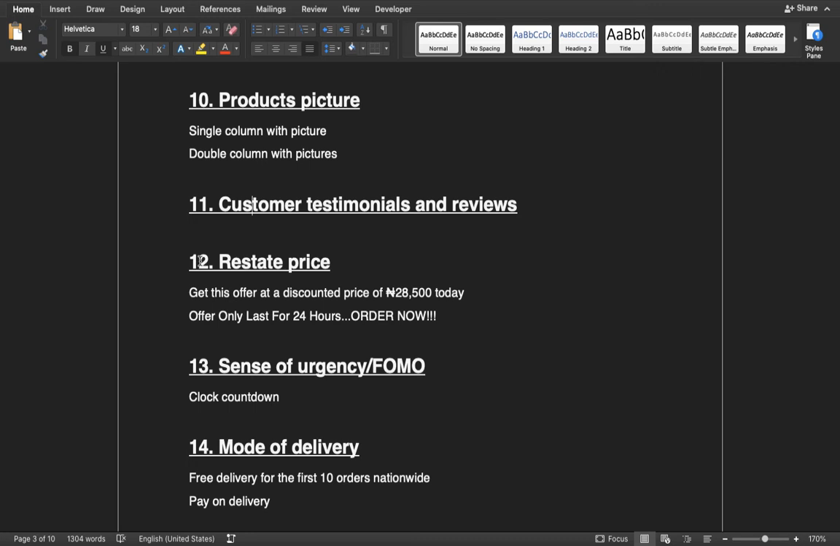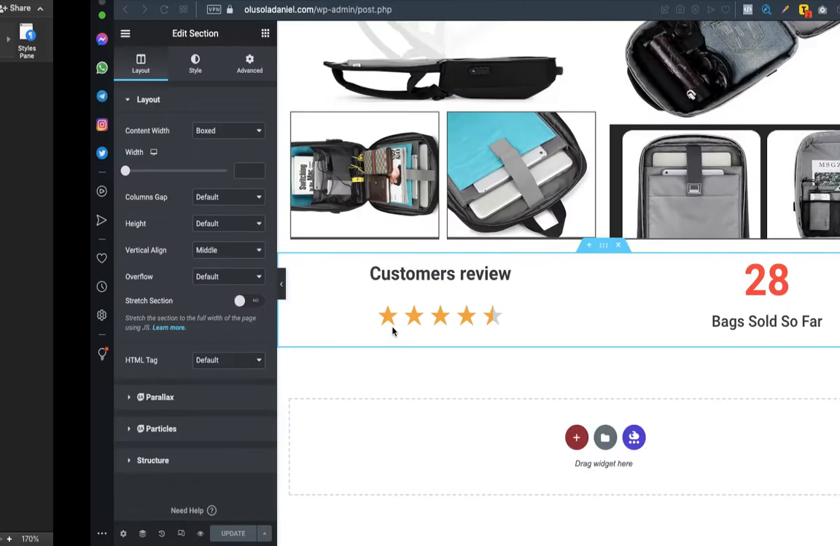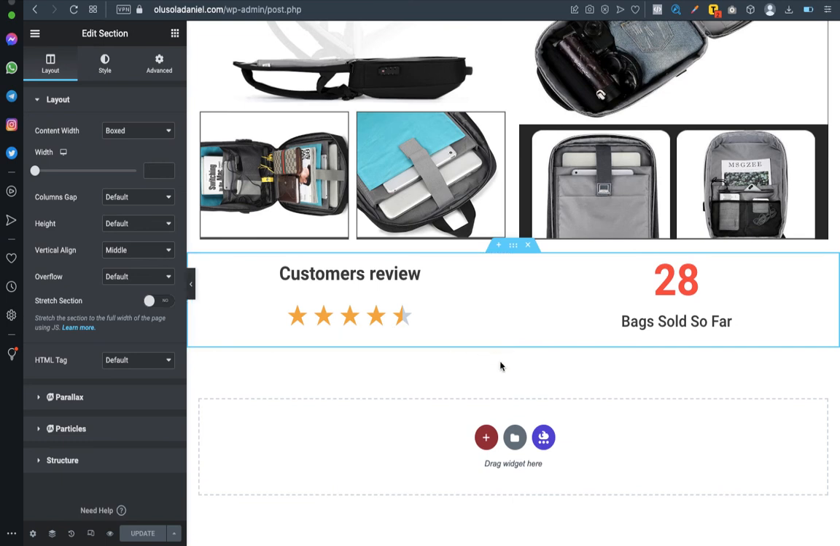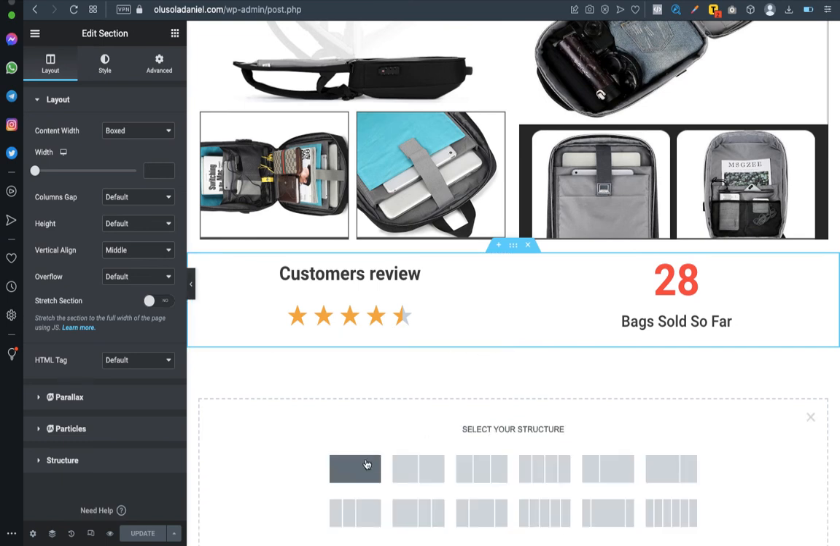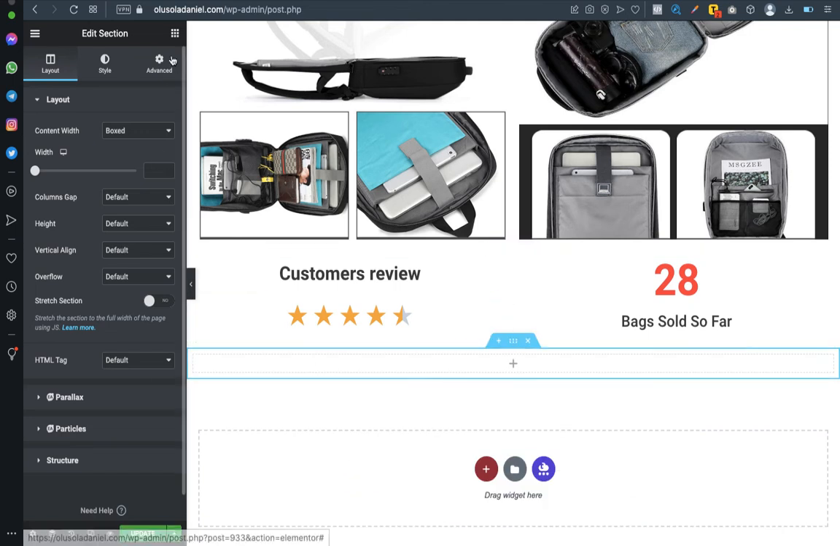So I'll be including this 12 and 13 together, restate price and sense of urgency. So now, get this offer. I'll just copy this. This is why I said you should make sure you have every one of your texts already typed out. Have them already typed out. So I'm adding a structure first. Then I'll be adding